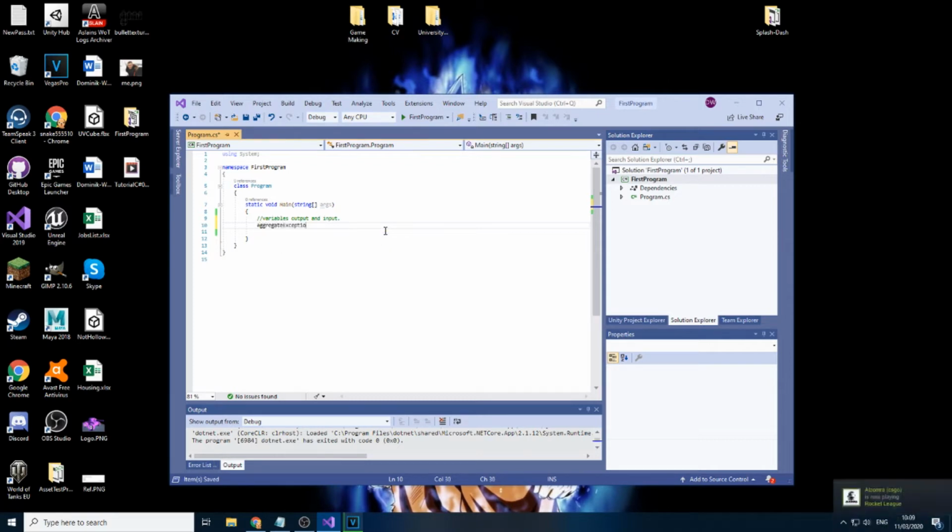Before we had integer age and string name, and we would read and write these two. Now what we're going to do is some if statements. They're called if statements, and it's basically a condition. So let's just do